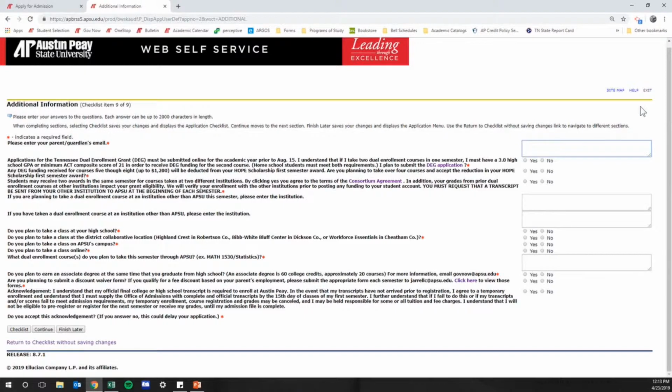The additional information screen is important because it has both information for you to absorb and understand, and also some questions that we need answers for. The first question asks for a parent or guardian email. This is important to have on file so that we can contact your parents regarding fee payment, grades, important deadlines,